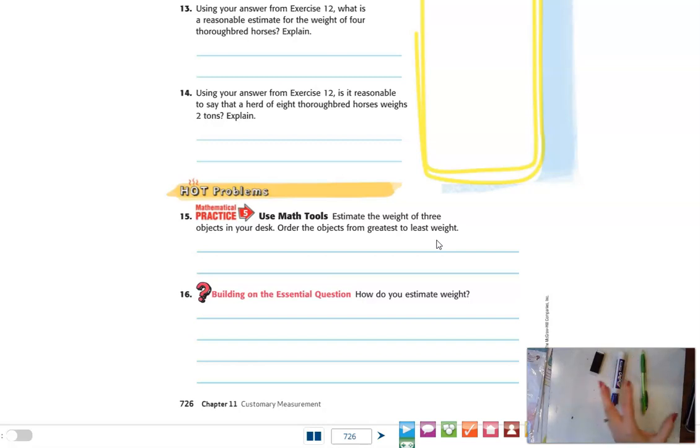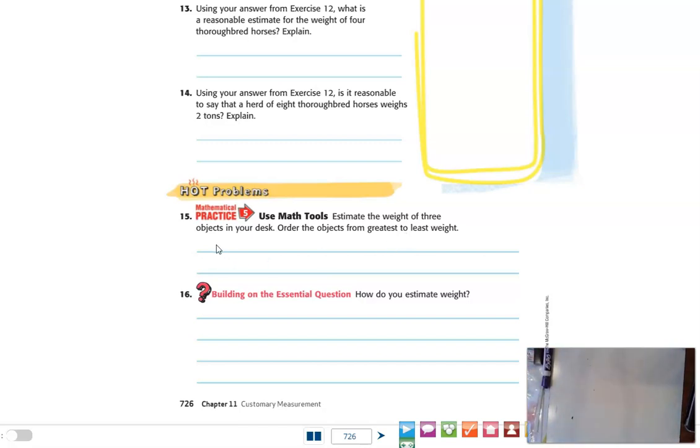I'm not really going to get a good estimate unless I'm getting down to the ounces on weight, which is hard to do unless you have a postal scale. So I'd really encourage you to maybe do, if you have a mouse or something that is probably going to weigh a little bit more, don't choose 3 objects that are going to weigh very close to the same amount, because then you're putting them in order from greatest to least, and that's much harder. Maybe choose your math book compared to a pen, compared to your baby brother. Something like that's going to be easy to tell the greatest to least, so that you're more successful